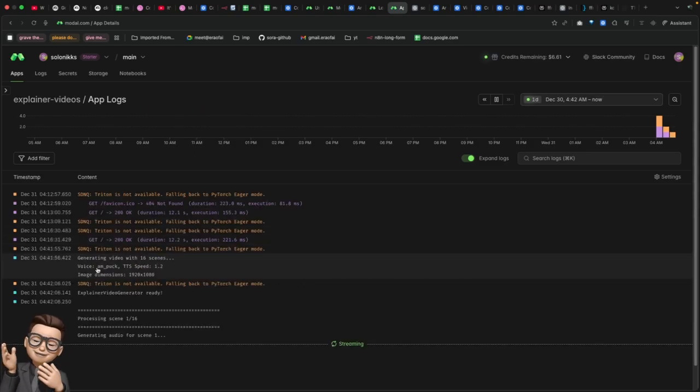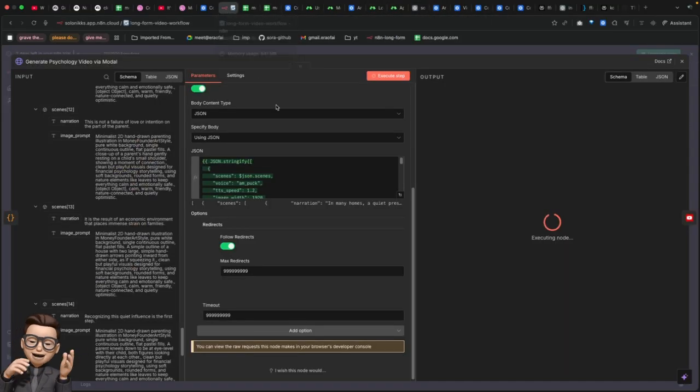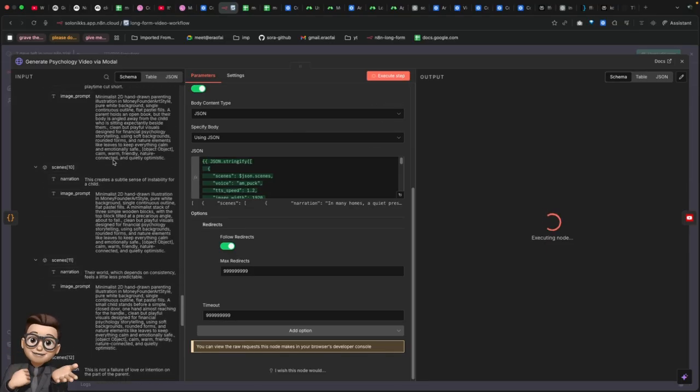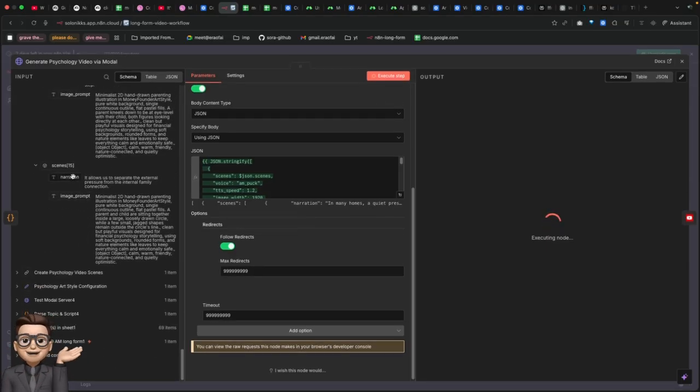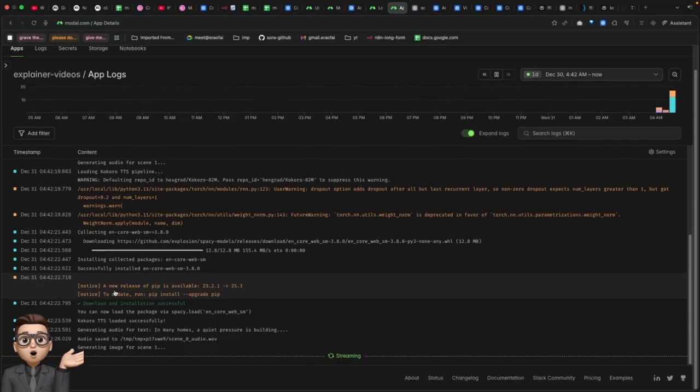The voice is FFmpeg, which we selected, and then it's creating the scenes. We have 16 scenes, you can see from there. In our n8n you can see we have 16 scenes, starting from 0 to 15, so we have 16 scenes. And let's come back, so you can see it's installing, and it's now creating the first